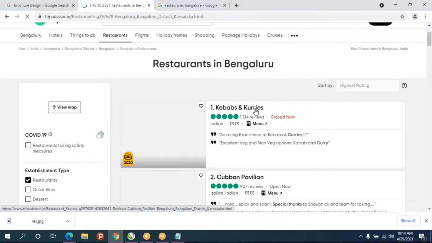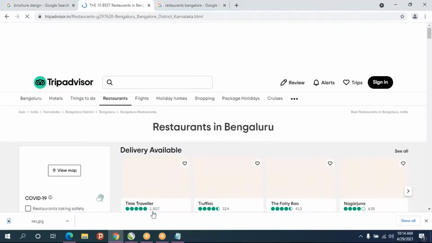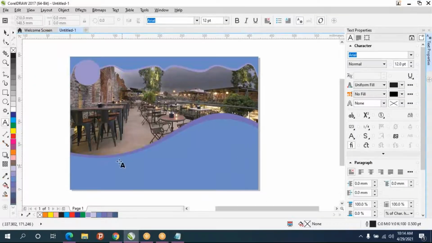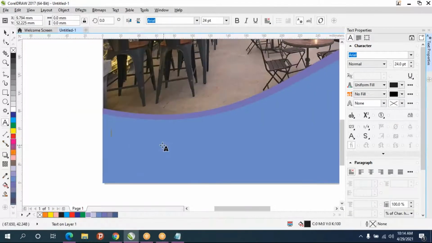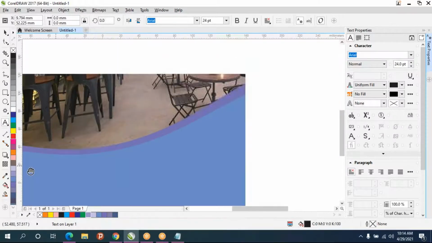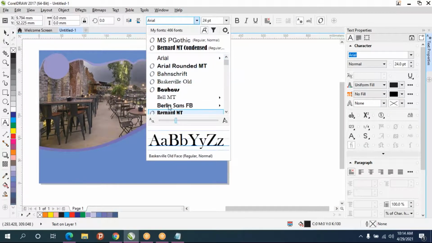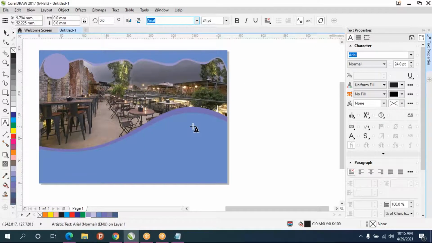See, like this will be having some flavors. So that one, you have to type it somewhere here. And always when you're typing some text, make sure that if the background is dark color, make the text light color. If the background is light color, make it dark color. So always the font should be visible. And you should always keep some simple fonts. You should not keep some fantasy fonts.